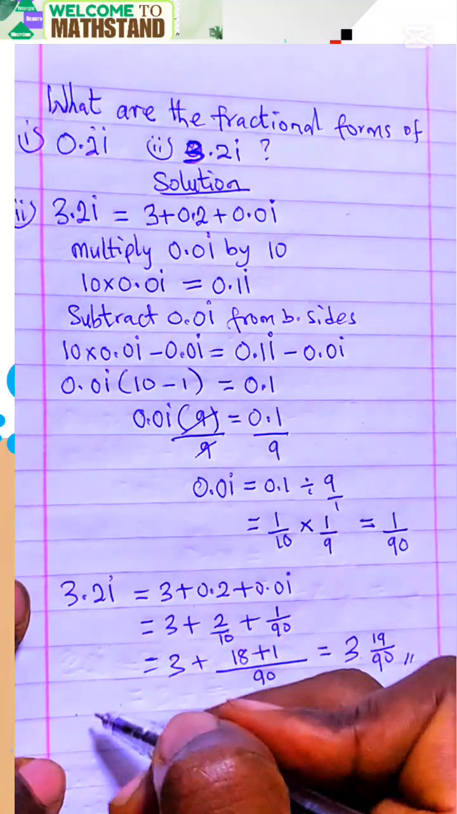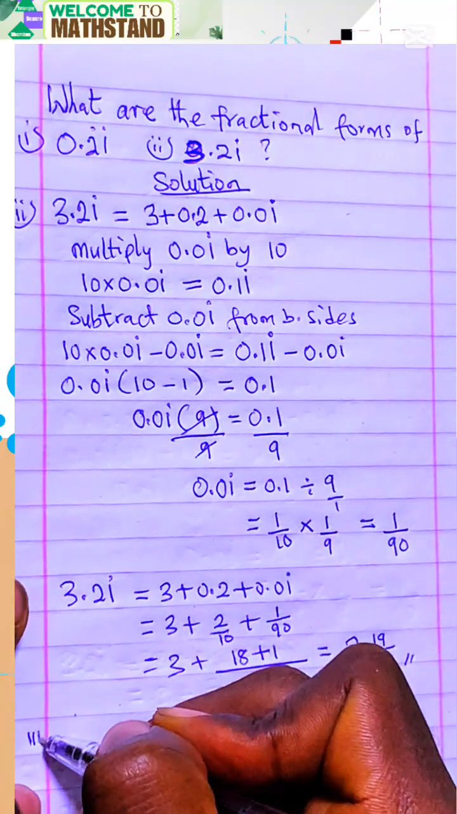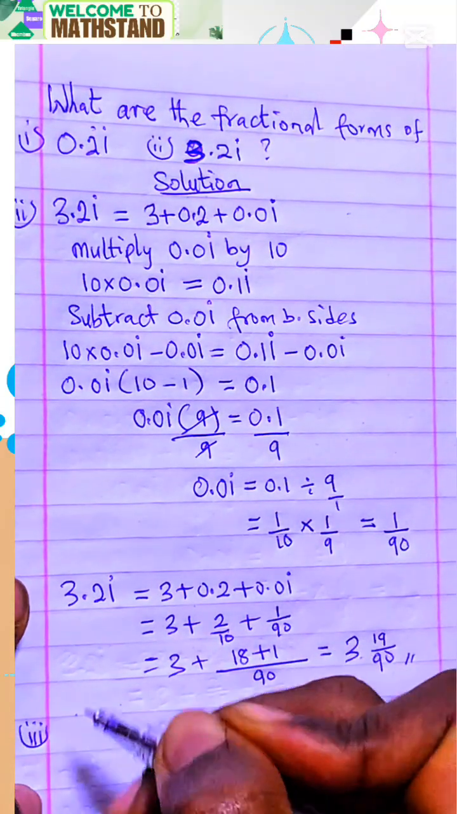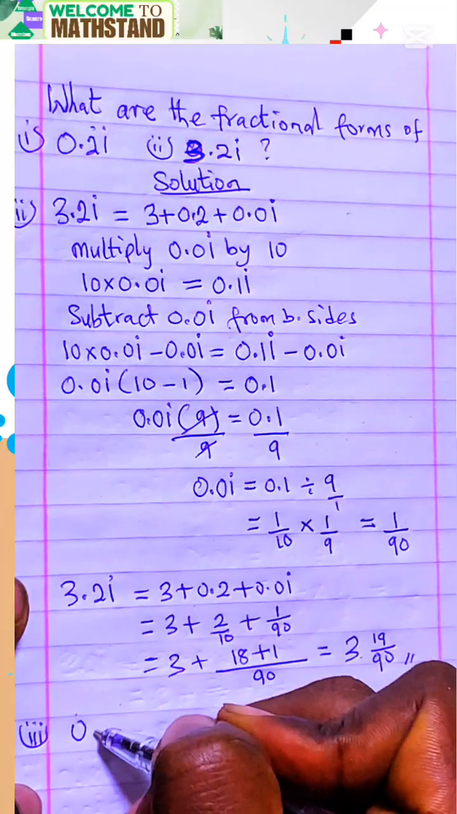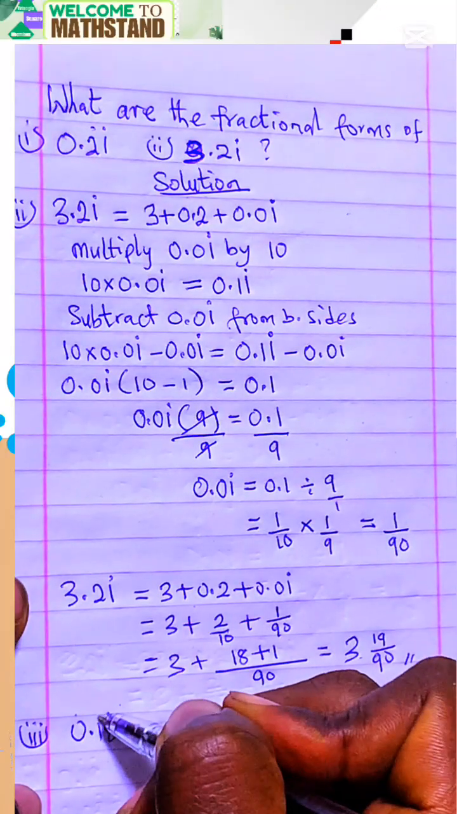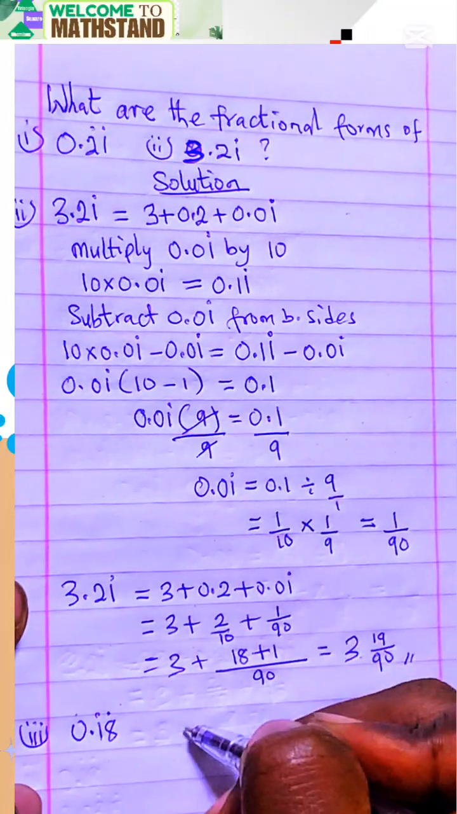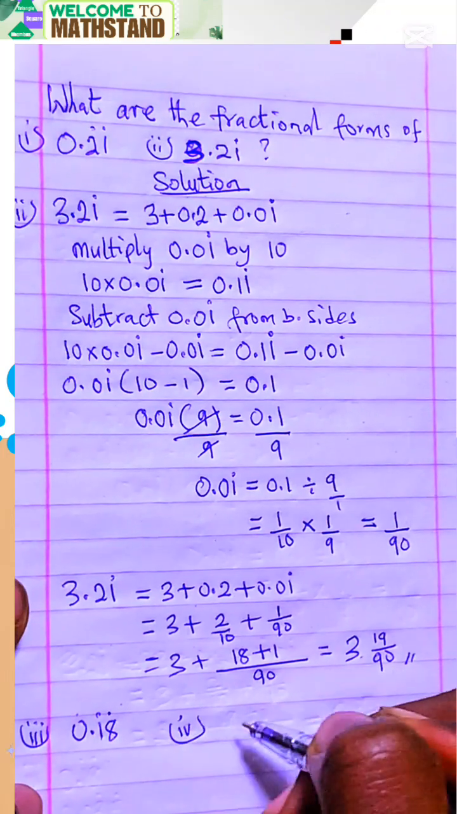So I would like to leave something with you. The third one, I'd like to leave this with you: 0.18 with 18 recurring. Then number 4 will be